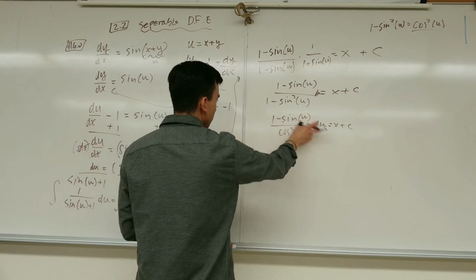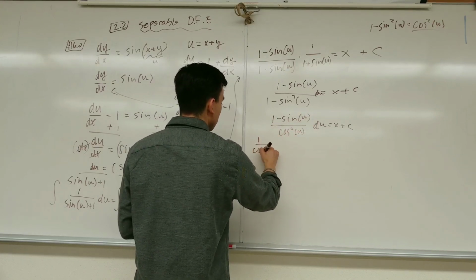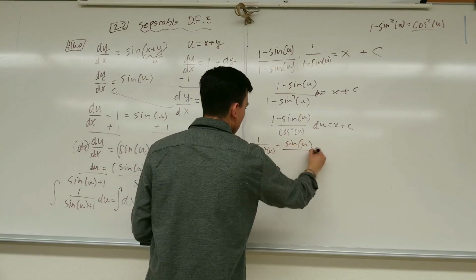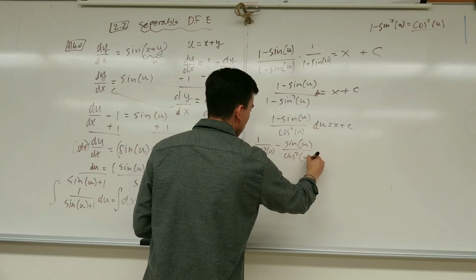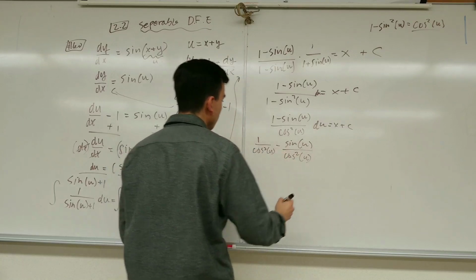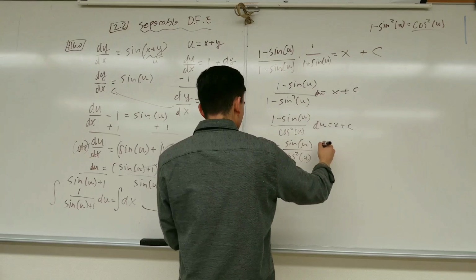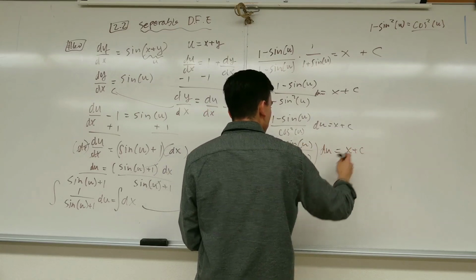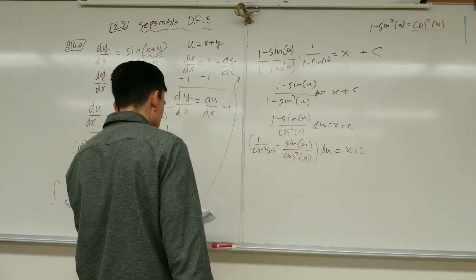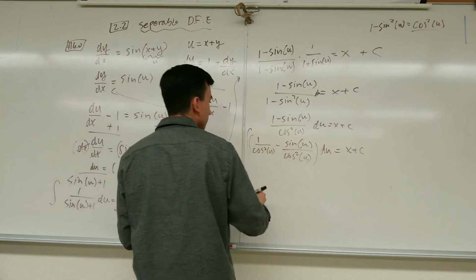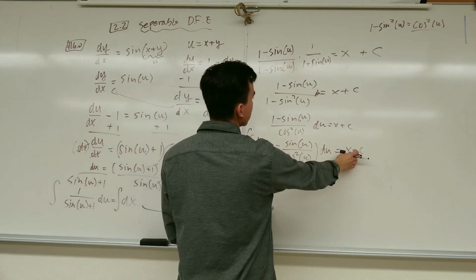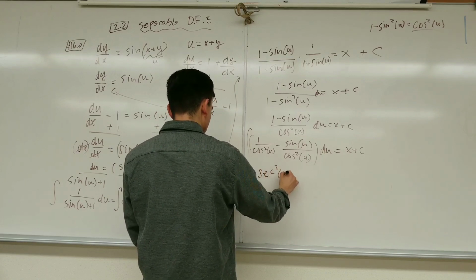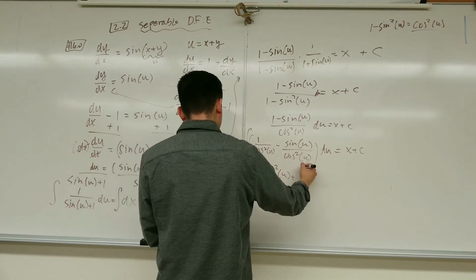This is being divided to both these terms, so now we have 1 over cosine squared u minus. Great. And by manipulating it, this is exactly what I meant. Right? So if we're going to take the integral of that, we're going to get a nice secant squared u plus,